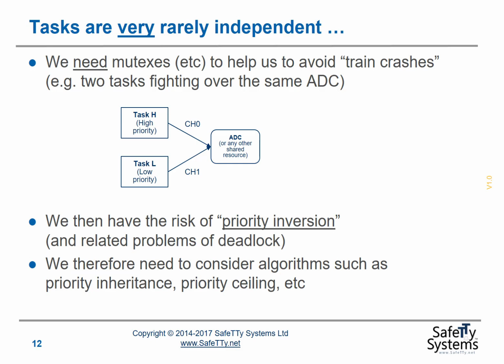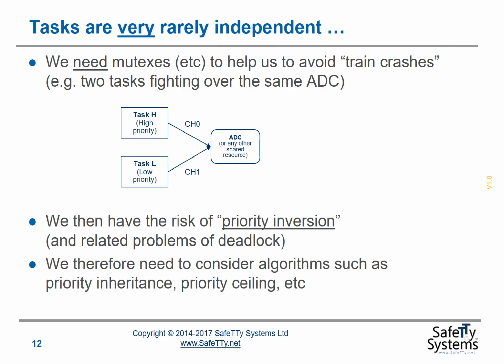So task H has higher priority. It reconfigures the ADC to use channel 0. Task H is the highest priority task. It completes its ADC activity, gets the data that it needs from channel 0 on the ADC, and task H completes and finishes. Then control returns back to task L. Task L has no knowledge of what's happened in task H. All it knows is it